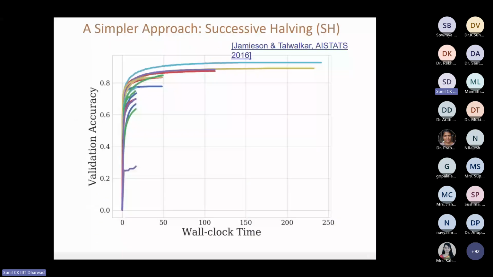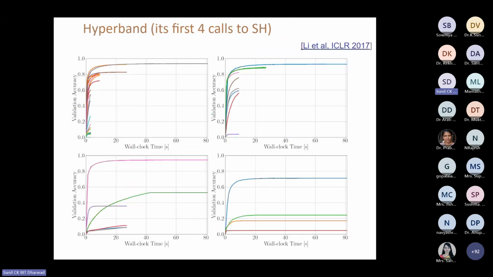So this is how the simpler approach, successive halving, works: validation accuracy based on the time it's going to take, meaning what is the time incurred for that. This will not go much deeper into Bayesian optimization and Hyperband. So the advantages of Hyperband: